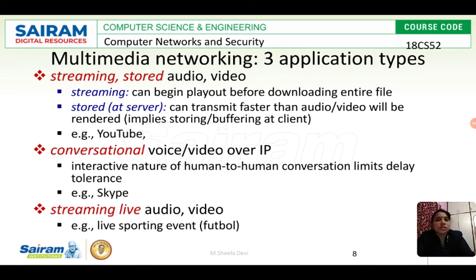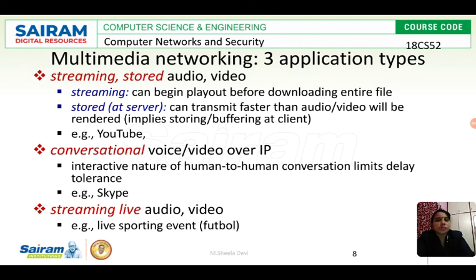So the audio and video which we see from YouTube is the stored one. Whenever we want to see a video, we can open YouTube and just play it. The data will be received from the server. So it is streaming stored audio and video. YouTube is the best example to get the data from a stored server.